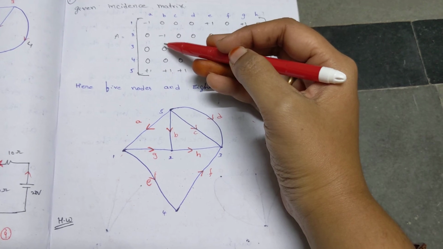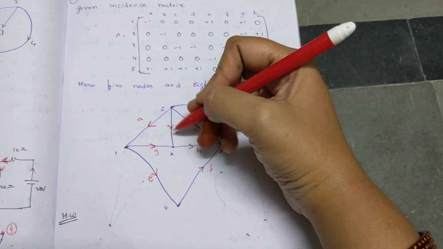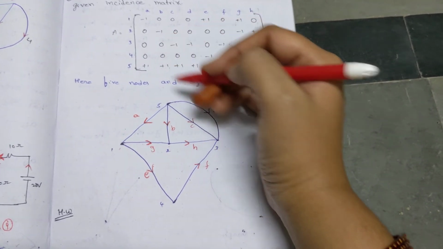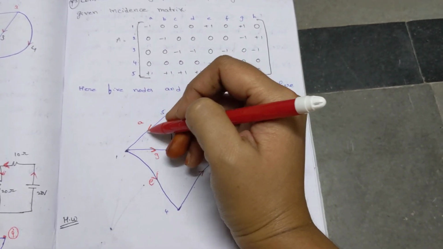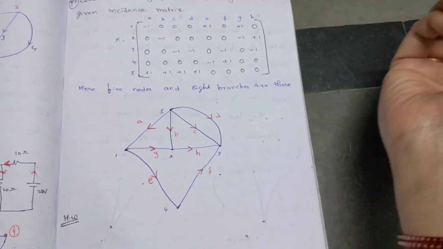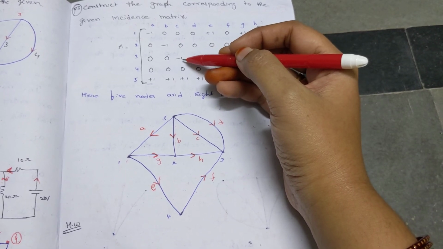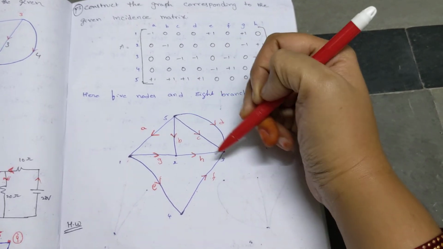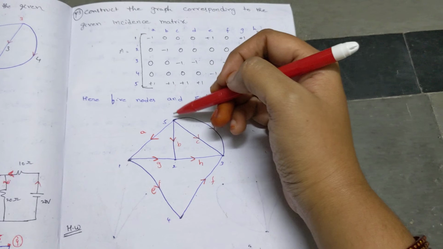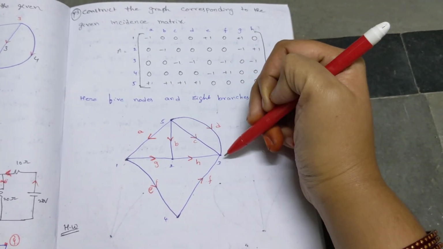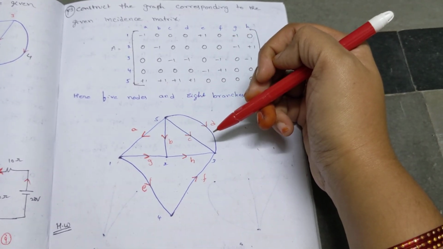So based upon the direction, whether it is towards the node, at node 2 it is towards, that's why we are writing the -1. So towards the node in the branch B, and in a similar fashion node 1 A towards 1. So that's why directions are mentioned. Whatever the C branch is, it is connected between 3 and 5. Similarly, D is also available within 3 and 5. Already if we have a line segment, the other branch should be an arc. We also consider it directed towards the node 3.